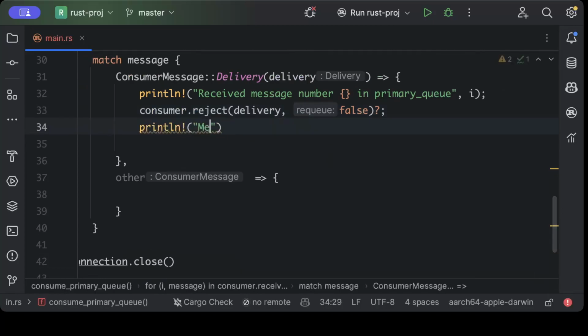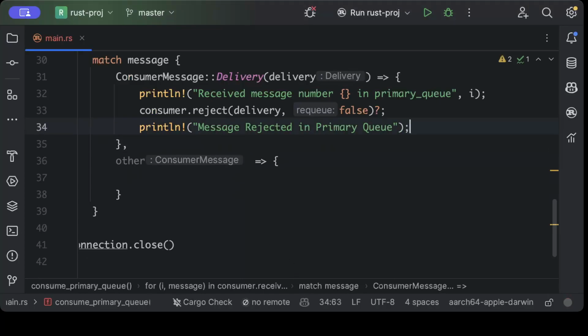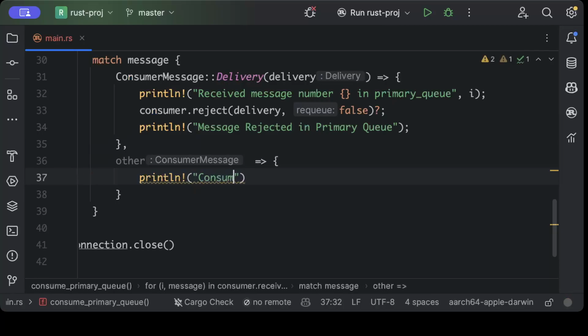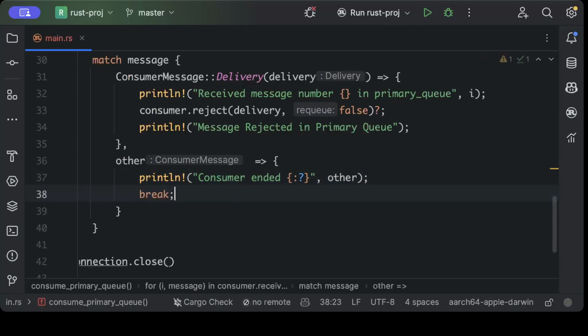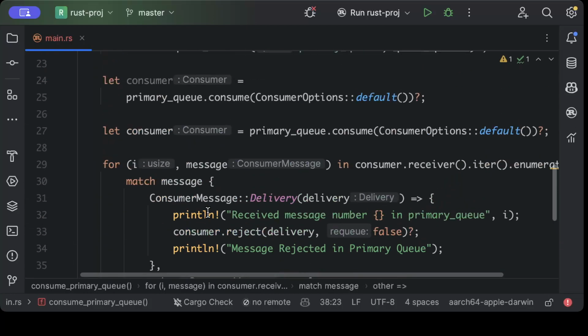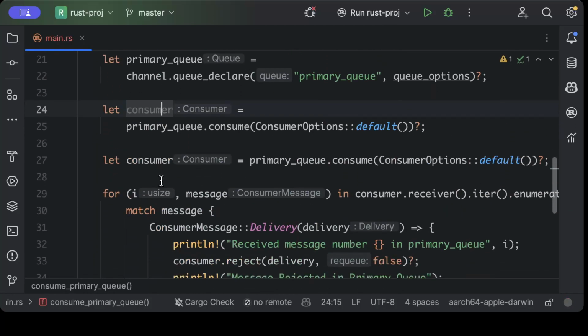and we'll print message rejected in primary. Again, you can have your conditions here on what you want to reject or not reject, but I'll just reject straightforward just to show you guys how it will be redirected or exchanged to the dead letter queue. And then here we'll print consumer ended, and let's use this other, and we'll break out. So we have a connection close and everything is ready here. Consumer,